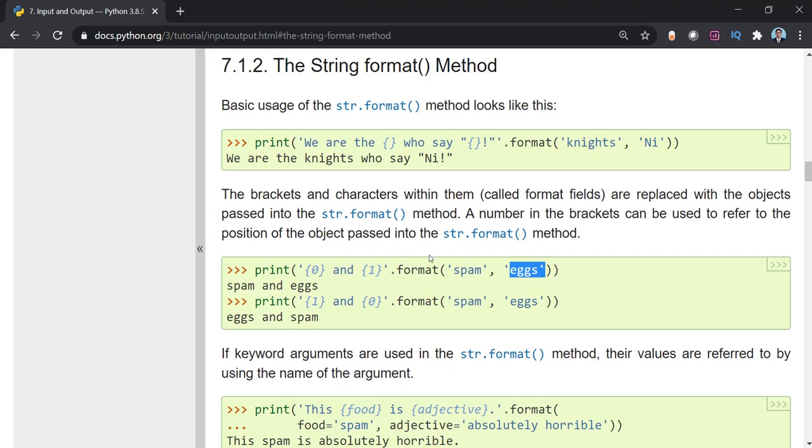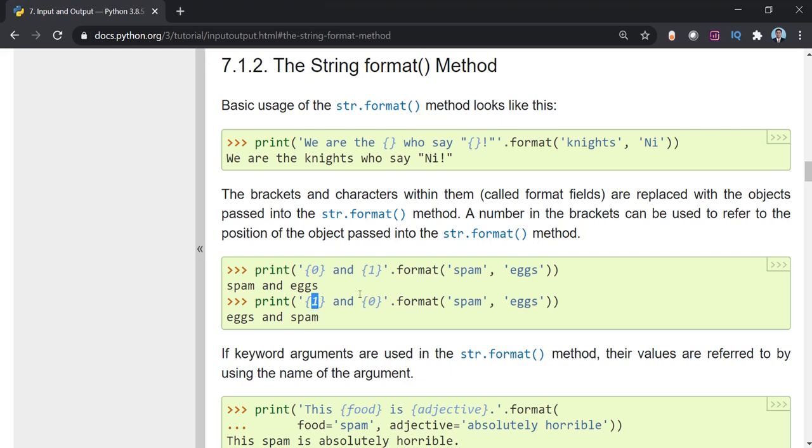So whenever you put 0 anywhere inside that print, at that position it will print spam, whereas wherever you put 1, it will put eggs. Okay, so one more way you can do it, you can change the numbers. Rather than 0 and 1, suppose I put 1 here and after that I put 0.